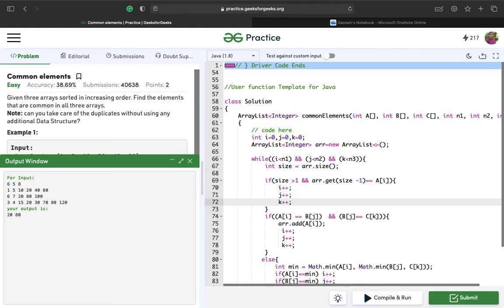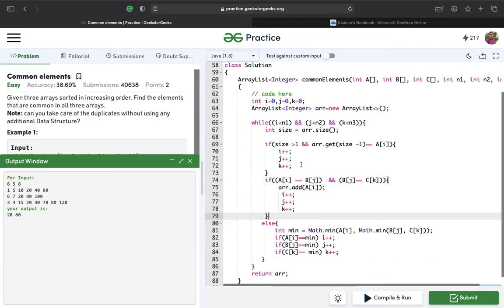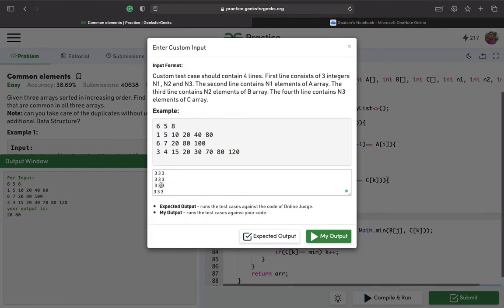We don't need to do anything else. I think that should work. Let's test for custom test cases. Okay, I have written it.